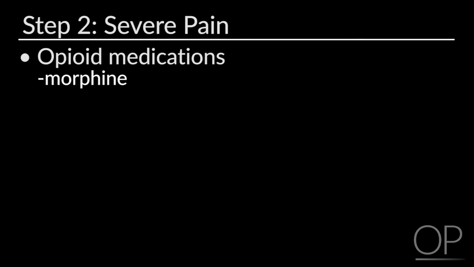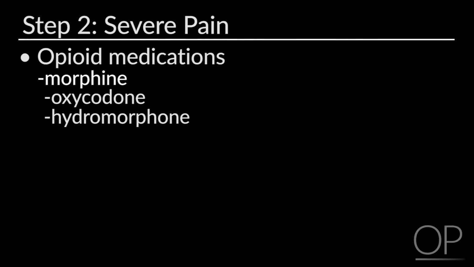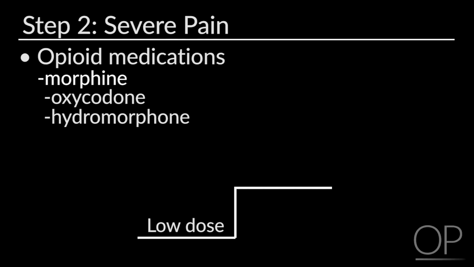The current step 2, which are opioid medications, morphine, oxycodone, hydromorphone are some of the most commonly used ones. Again, we're still thinking about stair-stepping on this. We start at a low dose, often the published starting dose in most of the drug references you may be familiar with. And then we're going to think about moving up as we need to make sure we fully control the patient's pain. Again, morphine is sort of the prototypical opioid and often what we talk about,